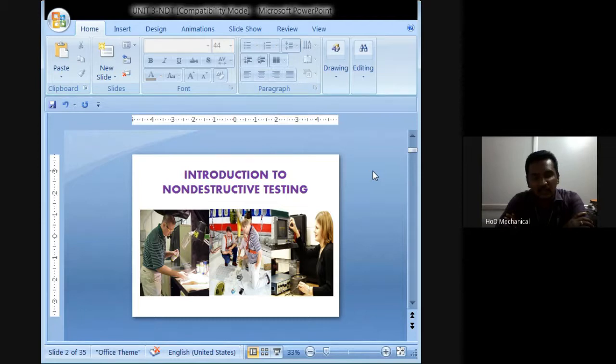For example, you have to check the hardness of the given material. You check using the Rockwell hardness method, Brinell hardness method, or Vickers hardness method. So you check by indentation of the given specimen. The indentation will make some impact on the testing specimen, so damage will occur in the testing piece. In the non-destructive testing method, the workpiece does not get any damage or destroyed after the inspection process is over. That is one of the special advantages of non-destructive testing methods.